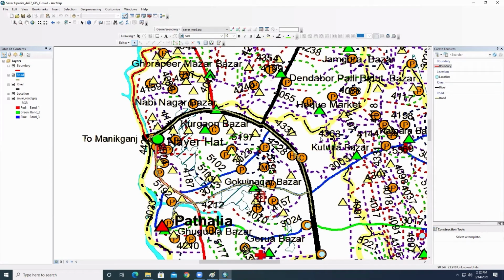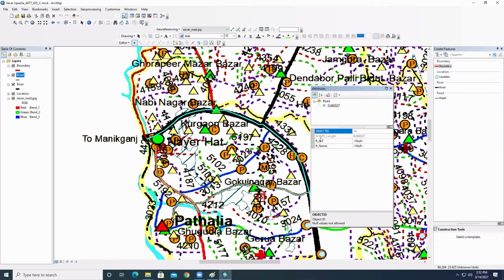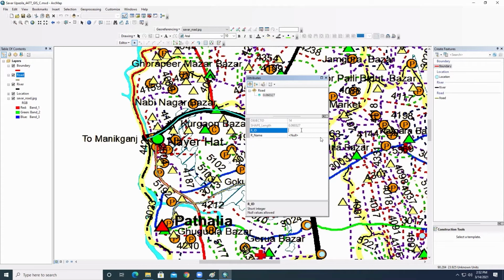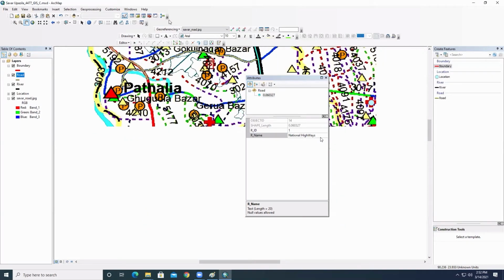This is National Highway. Suppose this road is 1 for National Highway. Second thing, the red color. Tell me, red color, what does it mean?